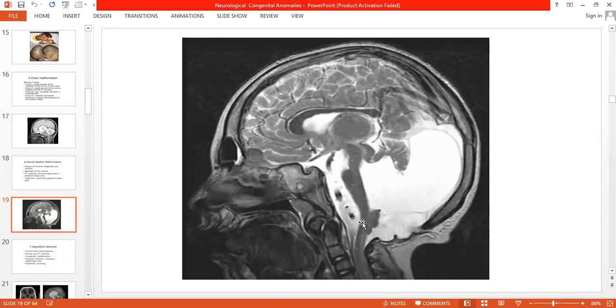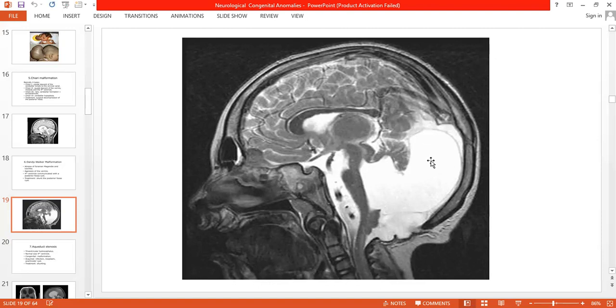The pons, the medulla oblongata, and the remnant or residual part of the cerebellum are cleared or replaced by CSF. This is the area of the third ventricle and the fourth ventricle, which is communicating with the Dandy-Walker cyst. How do we treat it? We place a shunt, we make a small opening over here, we place a shunt with a tubular part within the cyst, and bring it subcutaneously to the abdomen.